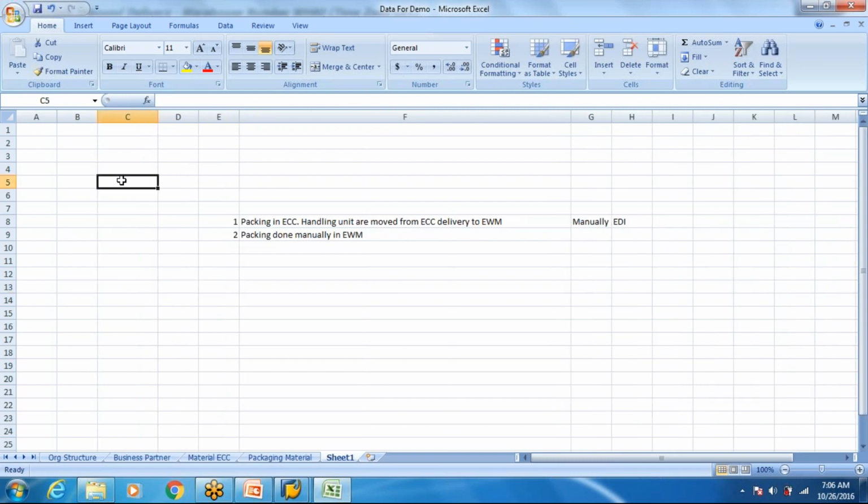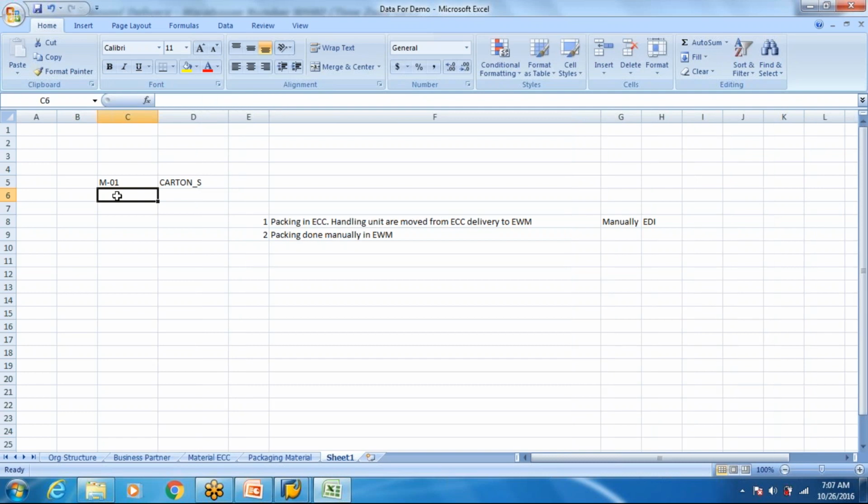If we see what we did yesterday, we packed the M-01 product into a packaging material, which was a carton.